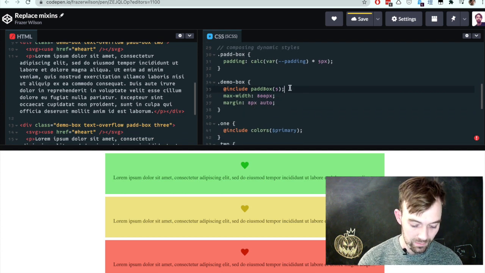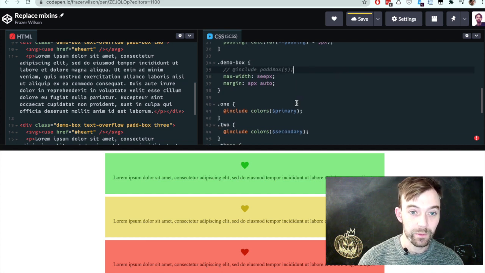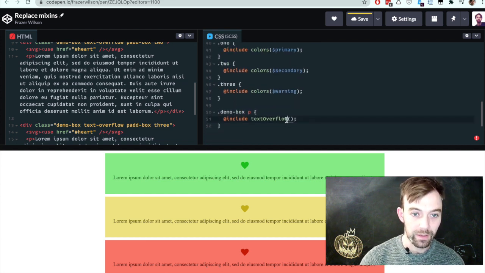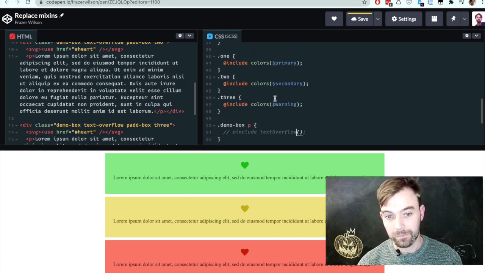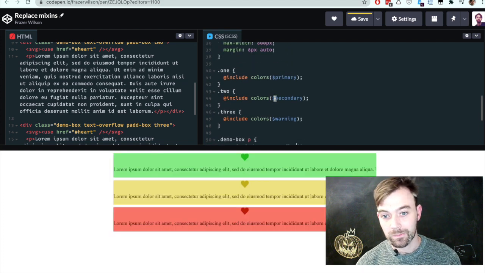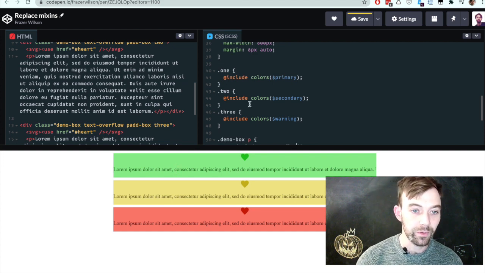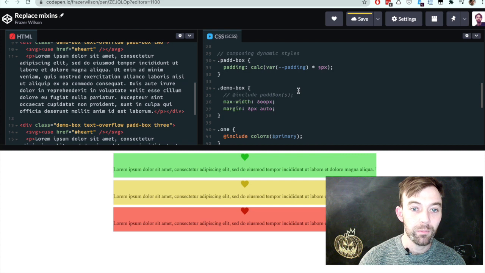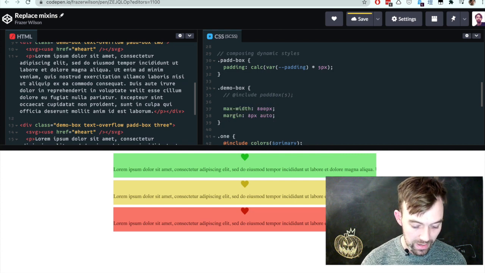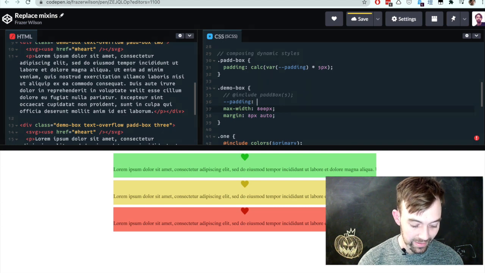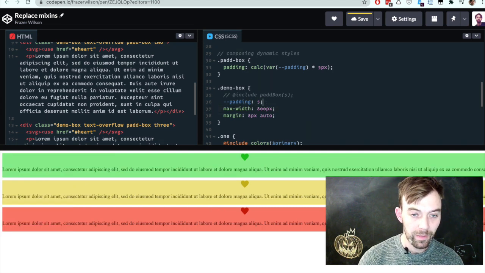We're going to take this one off, as well as the text overflow while we're here. So here we've lost our padding. On demo box, if we now just define our padding here to be 5,